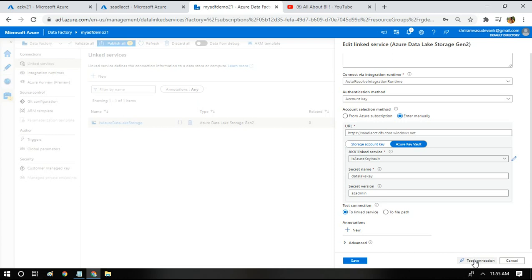So here is where it will make a difference when we are not providing access to the Azure Key Vault for data factory. What I'm saying right now is, this is my data lake linked service. In the data lake linked service, I'm not mentioning the access key of the storage account directly. Instead, I'm asking it to take it from Azure Key Vault. But we haven't provided any access to the data factory to access my secrets. Okay, so I'm testing my connection.